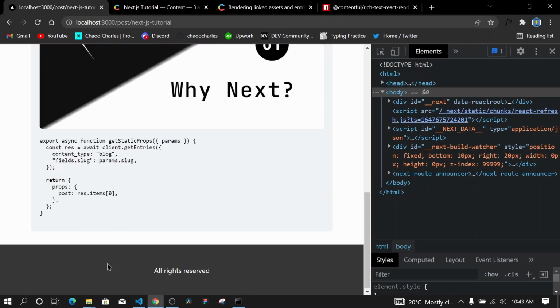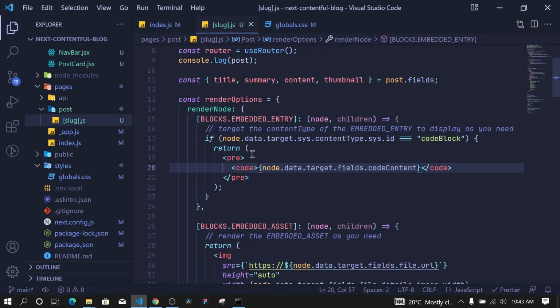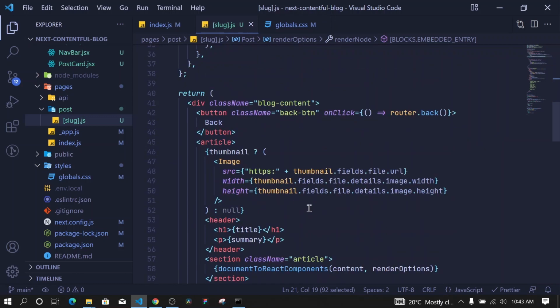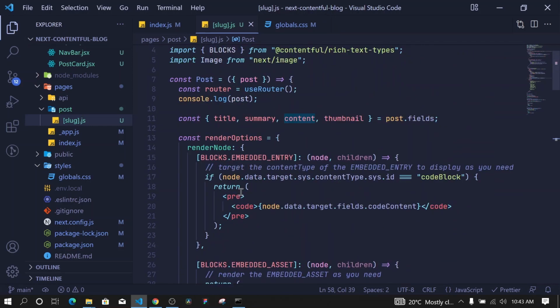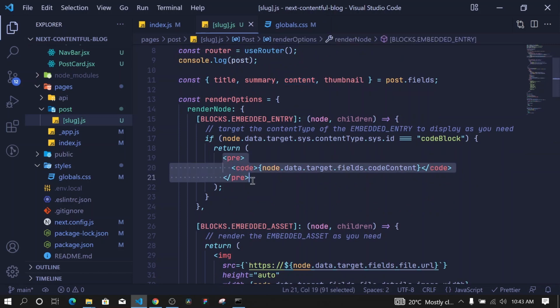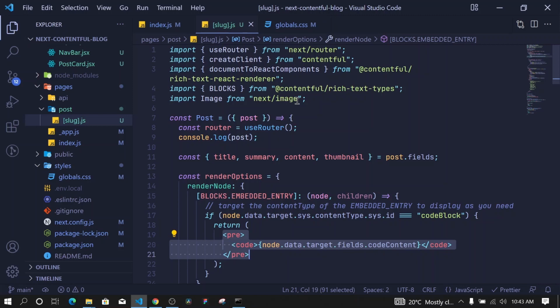Now the cool thing of including it as an embedded entry is that we can now style this separately, which would be tricky if we just used this. There's no way to just access that particular code block and style it, but when we use the render options, we can style it right here. And I'll make use of highlight.js to style this one. So right here